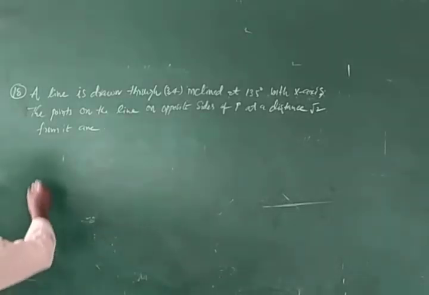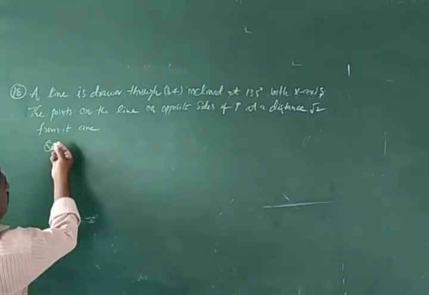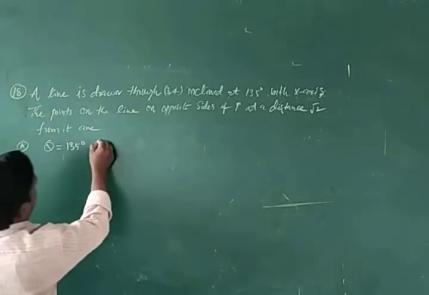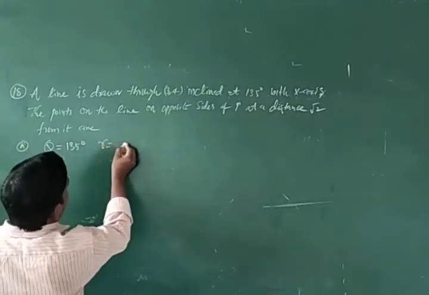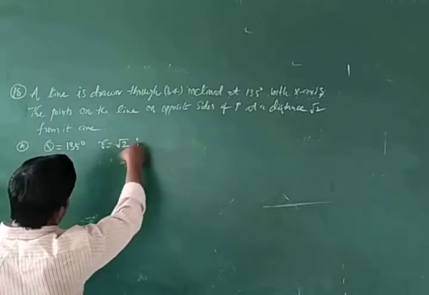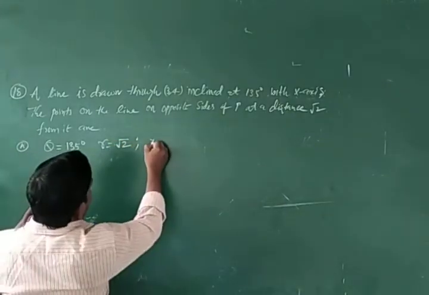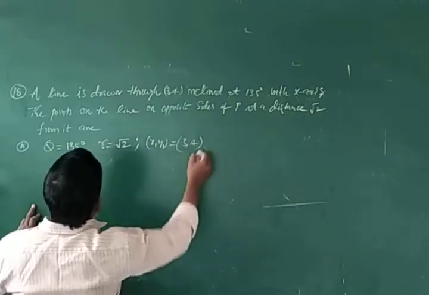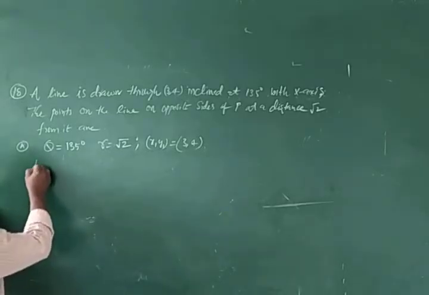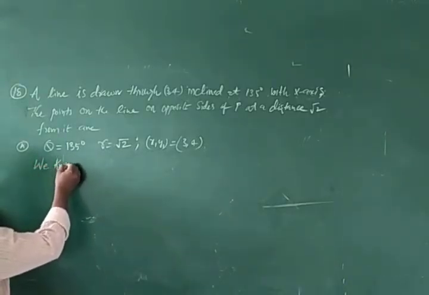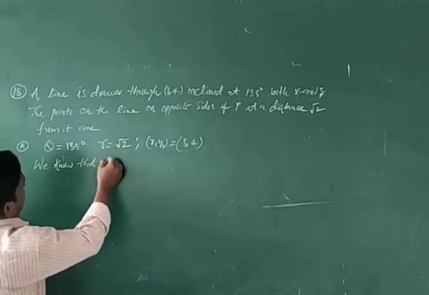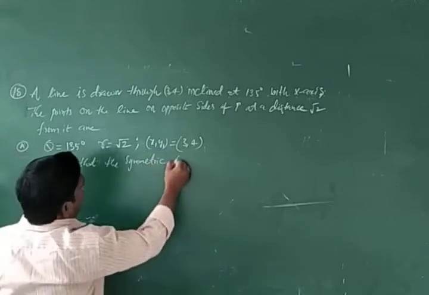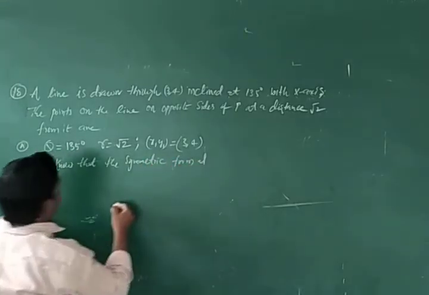Okay, here theta equal to 135 degrees and r equal to plus or minus root 2, and x1, y1 equal to 3, 4, the given values. We know that the symmetric form of a line